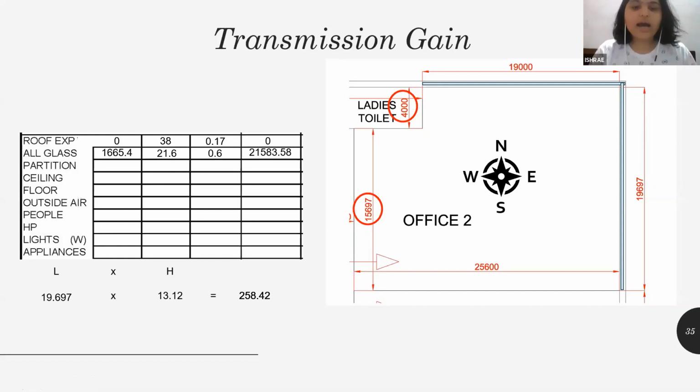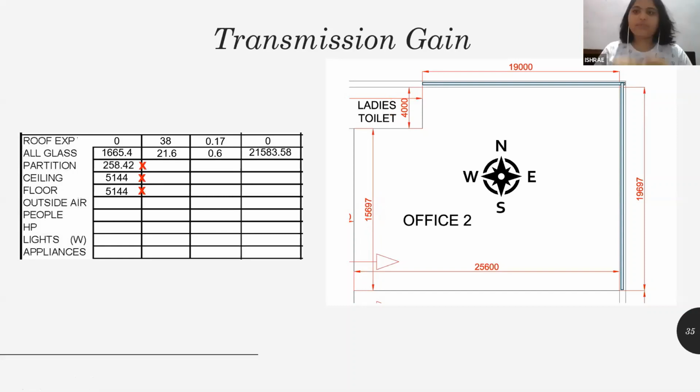Then the ceiling and floor area. Why? Because my total ceiling, the square ceiling, is non-air conditioned, and below my ceiling is also non-air conditioned. So I've put the entire area there. If the area above you, the office or the space above you, is air conditioned, or if the floor below you is air conditioned, then you can either divide this entire area by half, or you can consider it as 0, because heat gain nahi hoga, from below or from above, so you can consider it 0.